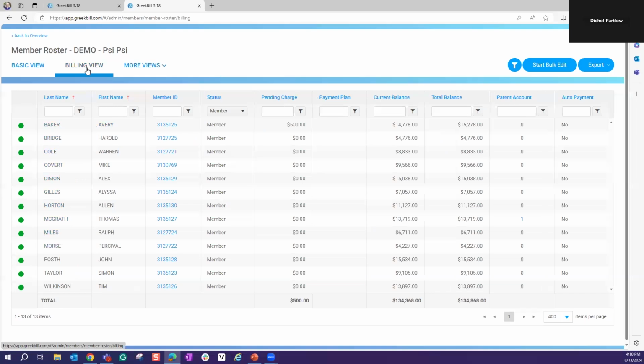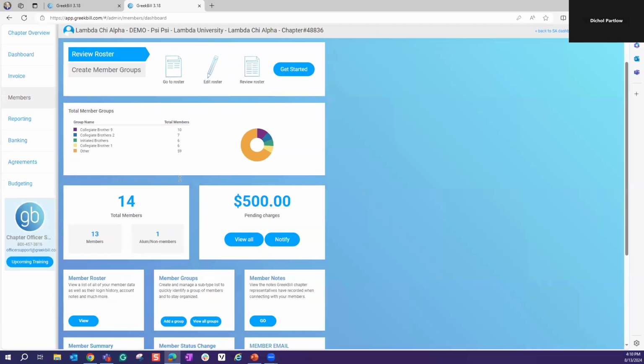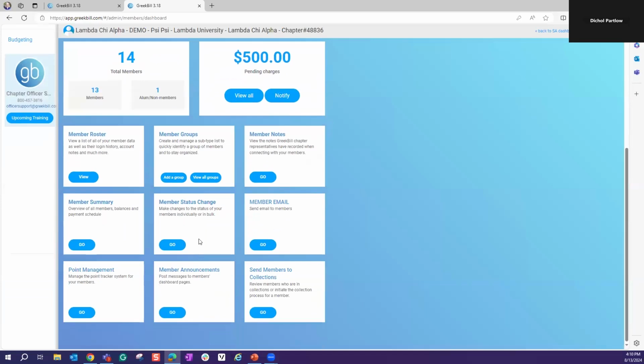Going back to our billing view, again, we are just looking at the members' accounts, their IDs, and anything that they currently have outstanding. So going back to our overview, we've already looked at our member roster here. As we scroll down, there are some different things that we can do. We can create member groups. To create a member group,